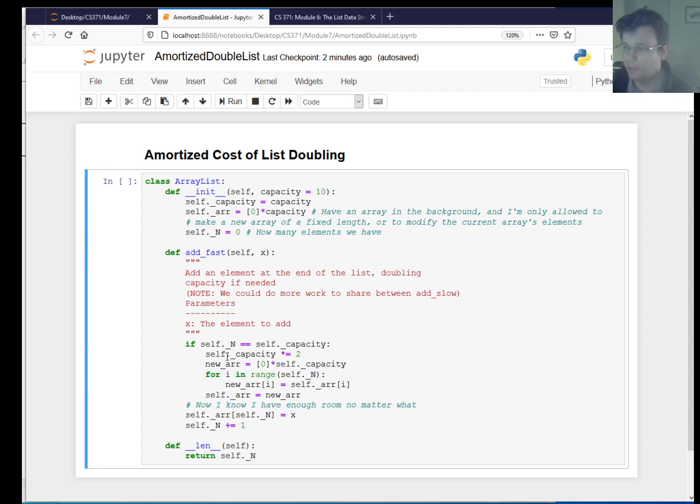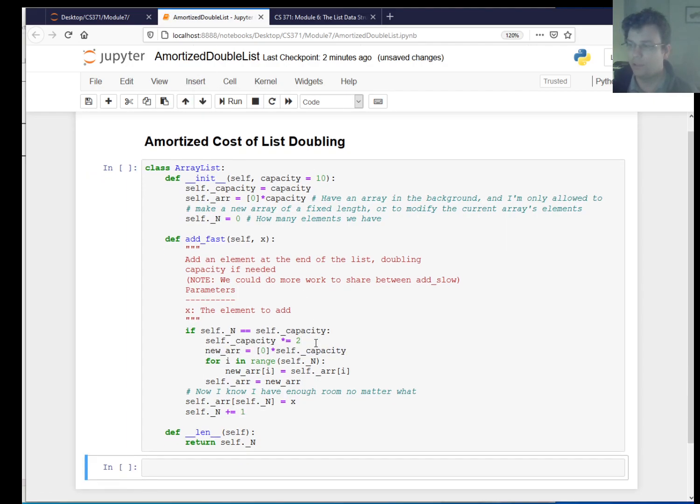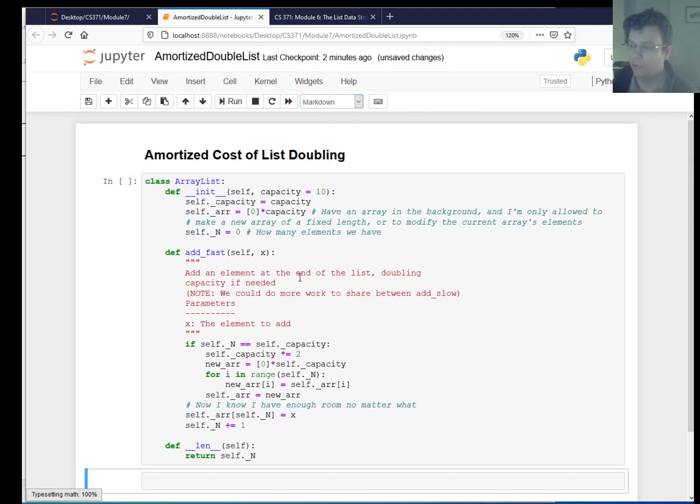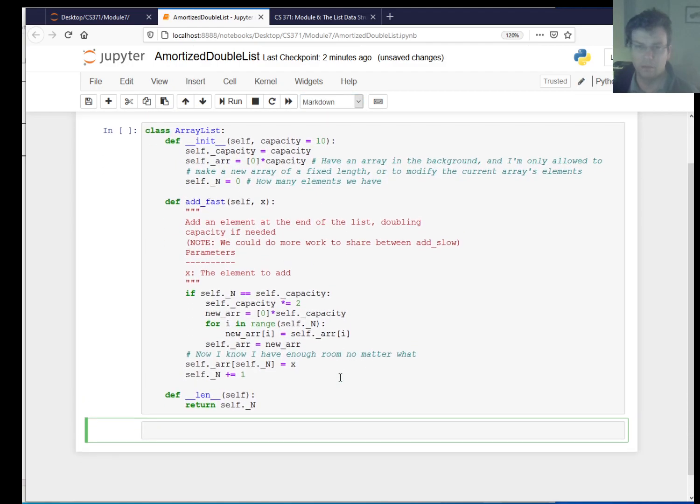So I'm going to focus specifically on the version of this list implementation where, when I reach capacity, I immediately double the capacity and make a new array with that number of elements. And I want to think about the average number of operations per time. I'm going to think about the worst case. Things double when I've added and reached capacity. So let me just consider